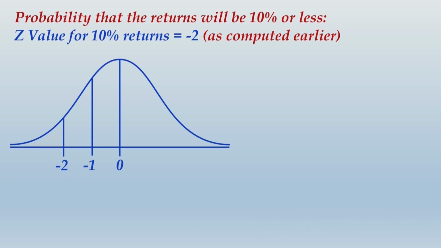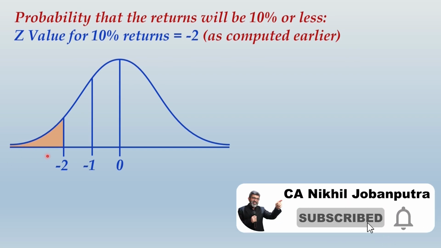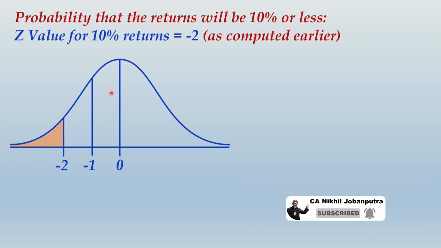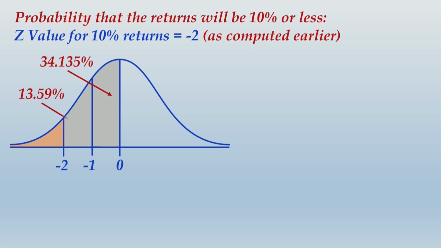In other words, this shaded region is what we want to find out. It is very simple. We know the area of both of these strips, correct? The area of this strip as well as the area of this strip we have worked out in earlier questions. Look at this. Both of these areas are known,